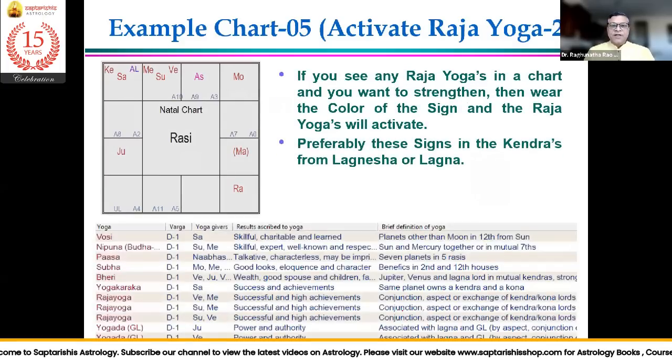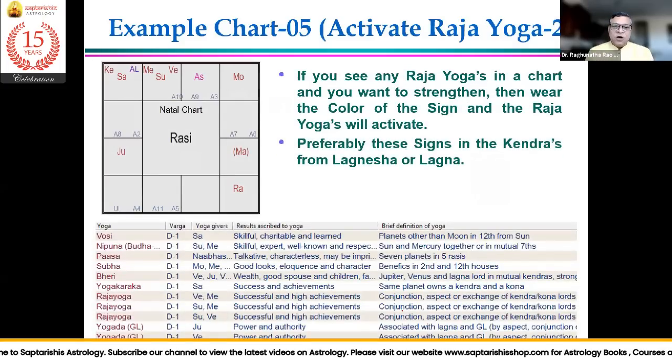For example, if you see any Raja Yogas in the chart and you want to strengthen them, then wear the color of the sign and the Raja Yoga will activate. Very simple. There are multiple yogas, and sometimes the native is coming to you but they're not activated, the dashas are still activating, maybe at a later time. Identify what graha is actually giving that, strengthen that particular